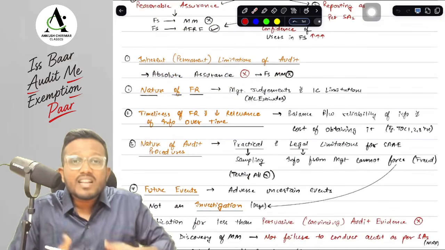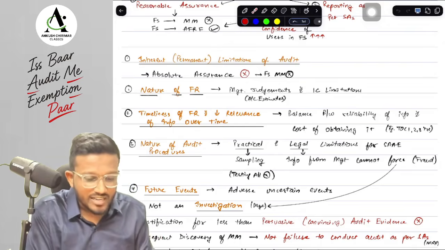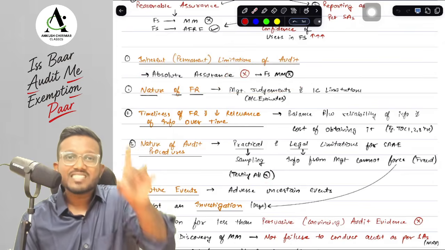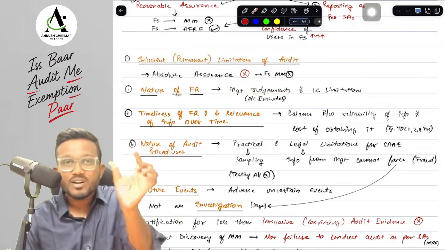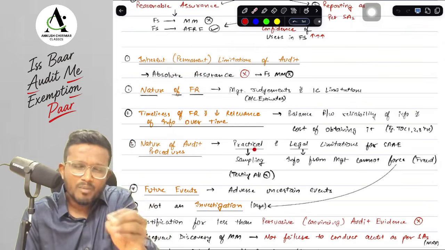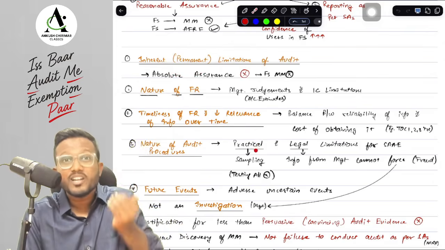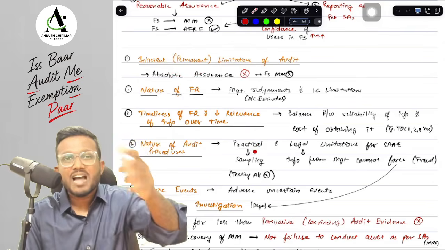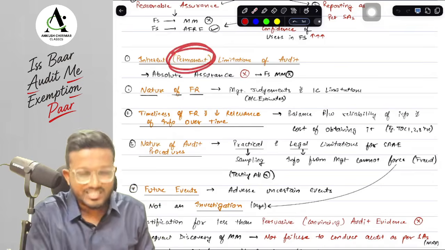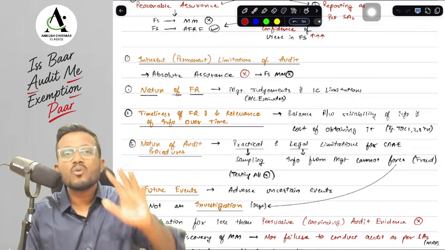Now here, why are we giving only reasonable assurance? Why can we not give absolute assurance that the financial statements do not have material misstatement? Because there are inherent limitations of audit. What is the meaning of inherent? It is permanent. These limitations are permanent. They cannot be removed, they can only be reduced. Now whatever technical terms are used by ICAI, we have already given a simpler term in your concept book itself, like permanent, so that you don't have to Google it every time.